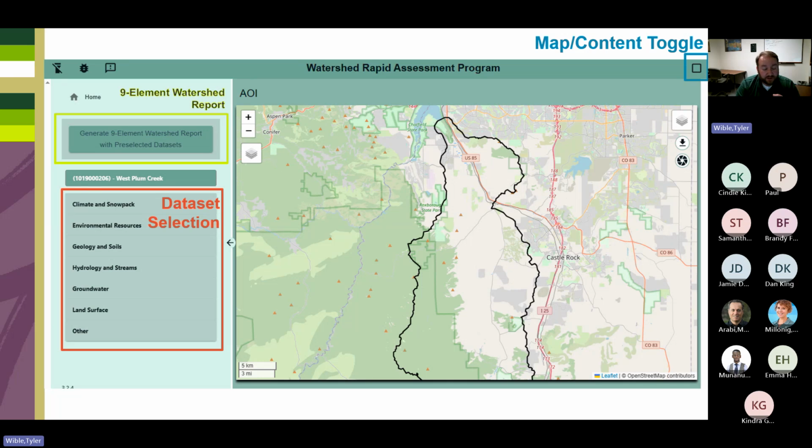The bottom of it is where you actually get to pick the data sets that you want to assess. These are grouped by convenience across topics. So things like climate and snowpack, that's things like PRISM, GridMET, SNOTEL. Those data sets are going to be under there. Environmental resources are things like threatened and endangered species, wetland extents, and things like ecoregions are going to be in there